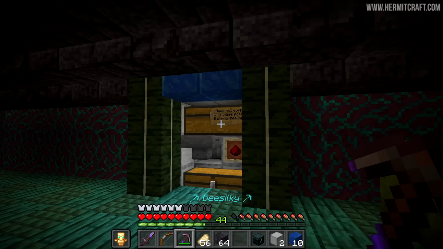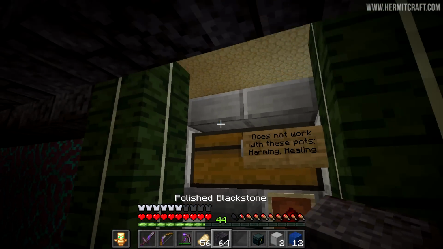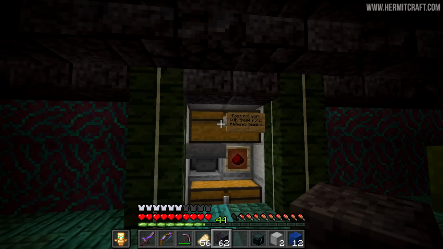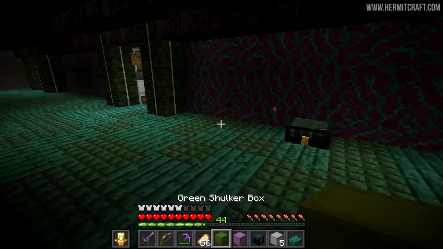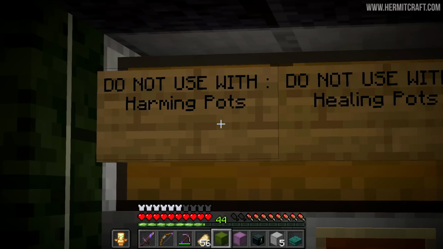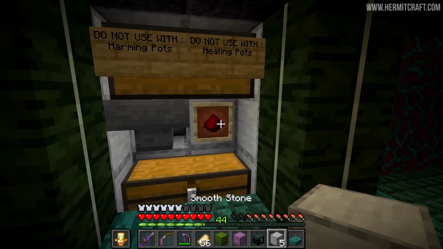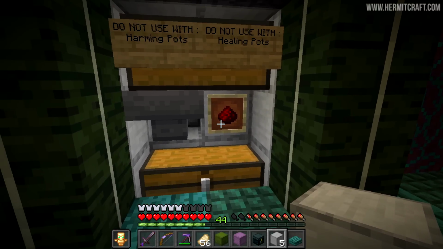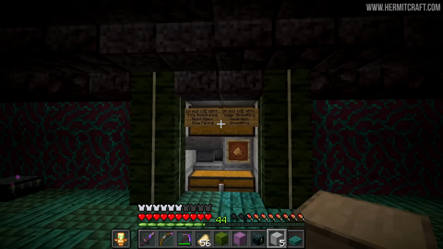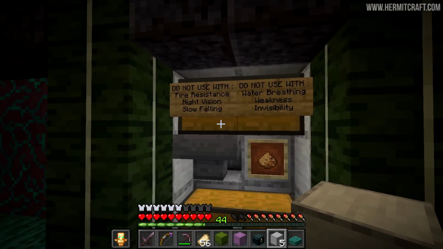Anyway, getting back to the build here, thought I'd try lapis. Totally doesn't work though, right? I think we're just gonna go with blackstone, and that'll be the finishing touch. And as well as dropping in an ender chest, we've also got signs here as well that are rather important. Do not use with harming pots or healing pots. You can't actually extend the duration of those, and chucking them into this system is probably going to break it. Same goes for glowstone as well. These ones don't have a level 2,